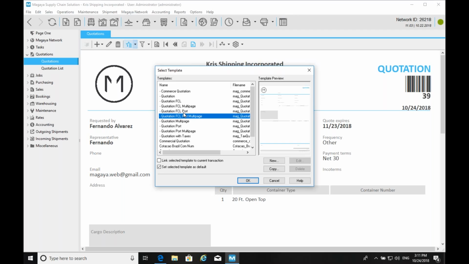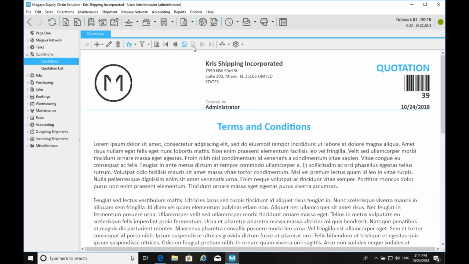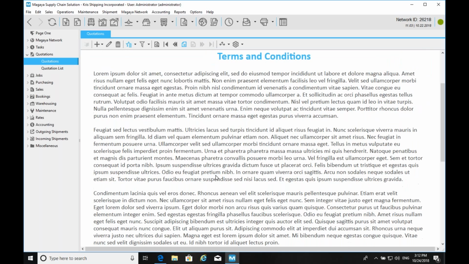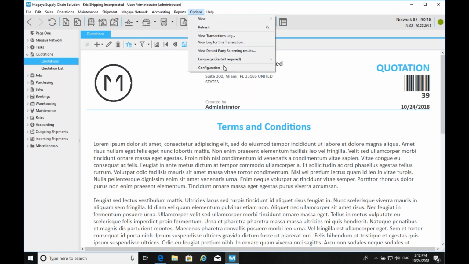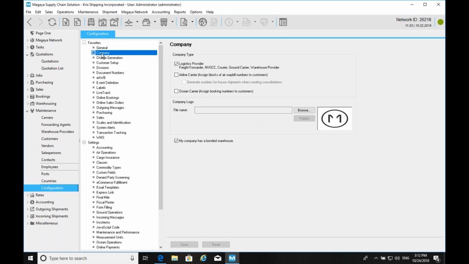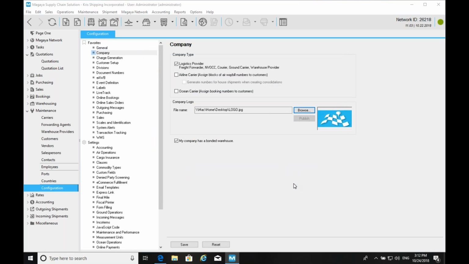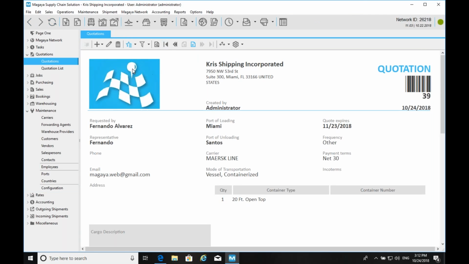Then you have a multi-page quote. So the multi-page quote, which we have open right here, as you can see, we included on the second page already terms and conditions. Well, this is dummy text, so make sure that you change this before you start using the multi-page versions. The logo, as a reminder, is automatically populated on all Magaya documents. So you just go to your company settings, hit browse, and you upload your company logo, and all the new documents will already have it built in. So I just changed the logo here real quick, and now it's right here.